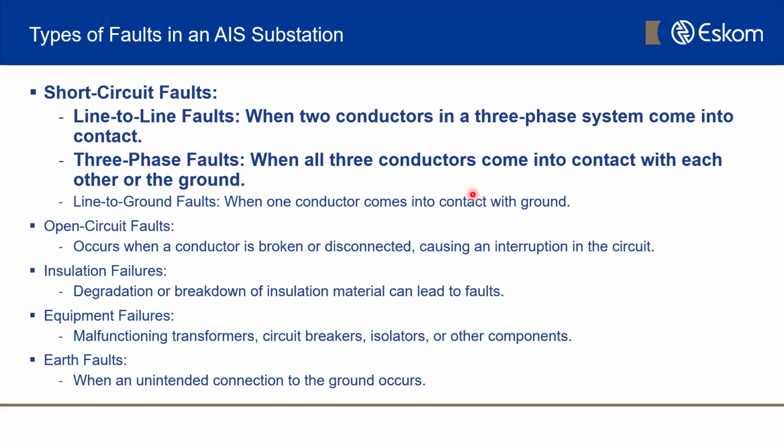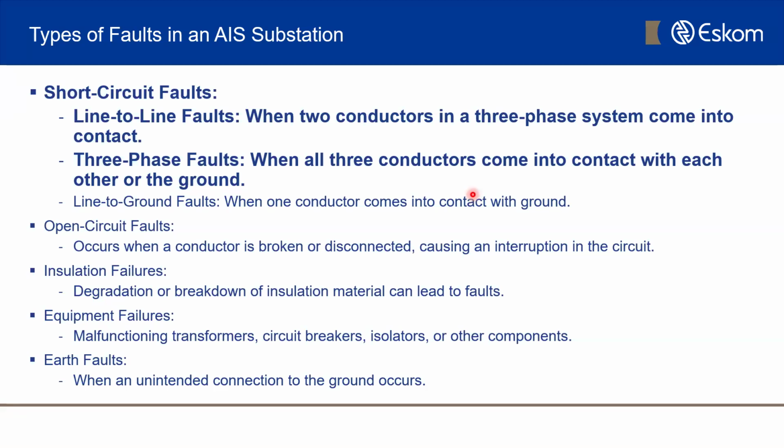And for now, just know that these are the main focuses for our discussion, and it impacts the structures, those gantry structures, the worst. The other types of faults can be mitigated using protection systems or the different types of equipment in the substation very easily. These two, the line fault and the three-phase fault, we're looking at mitigating using equipment as well. However, it does cause effects on the structure, and we need to take that into account when we are designing